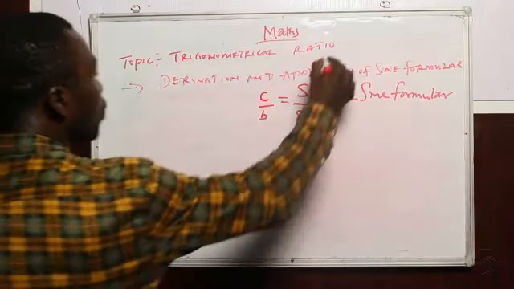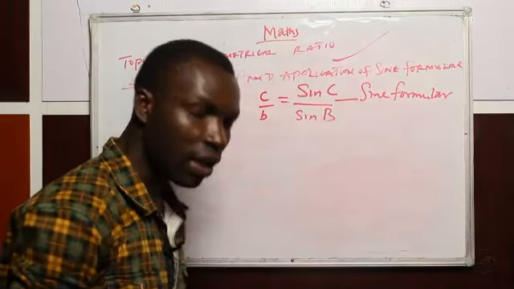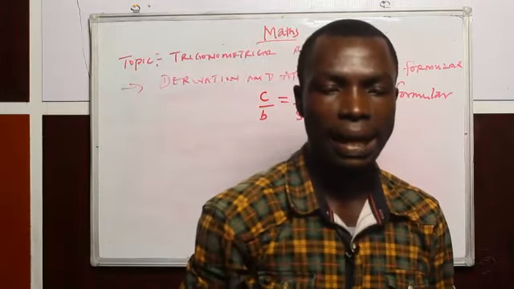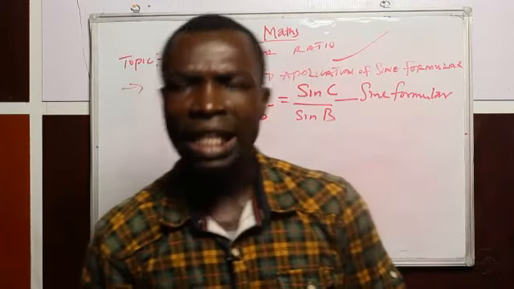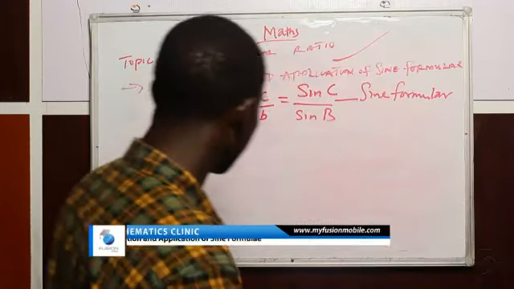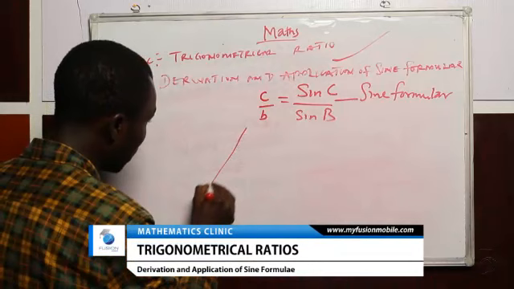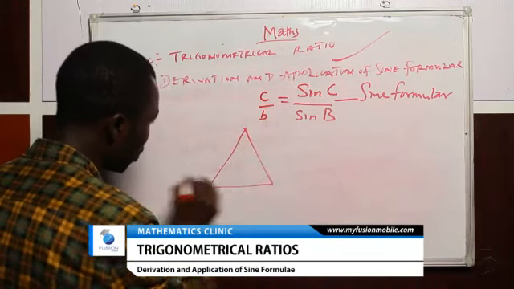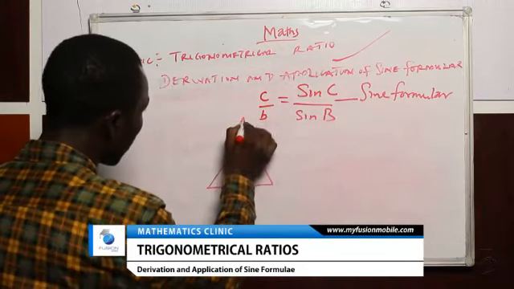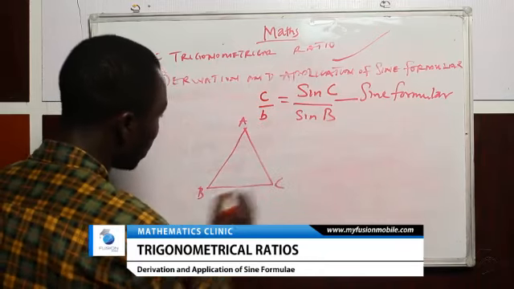Now, it is time for us to do the application. Let us consider this example. In a triangle ABC, this is a triangle. We have to interpret the question. In triangle ABC,